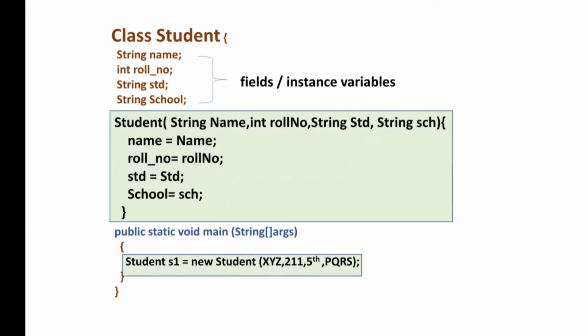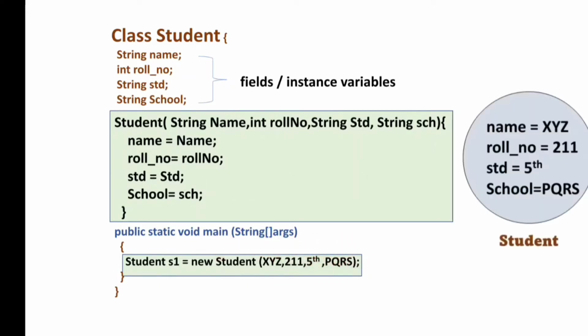And to give values to an object, we need to create a constructor. So here we have created a parameterized constructor. How to create a constructor and how to call a constructor, we already discussed in the Java constructor tutorial. Here we have created a parameterized constructor to give values to an object, and here we have created a student object using the new keyword, and here we pass the values that we have to give to the fields of the object at the time of constructor calling. So when this code executes, the student object will be created like this.